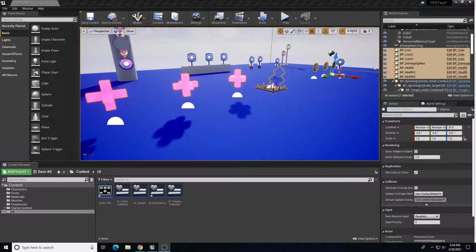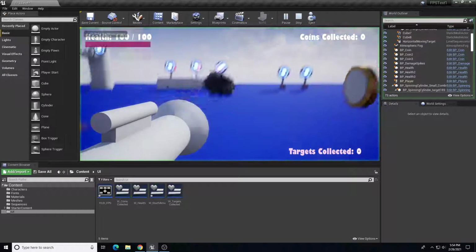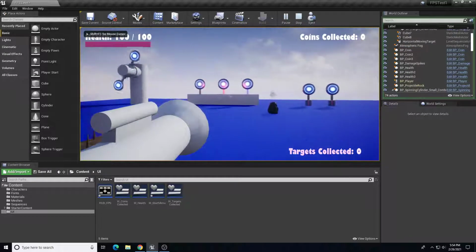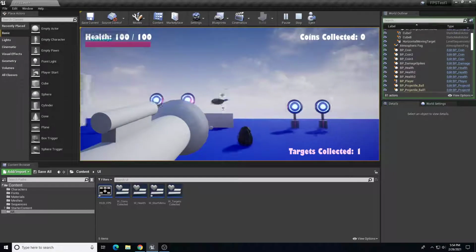Hi everybody, this video will demonstrate how to create a start screen and an end game screen for a first-person shooter game in the Unreal Engine. In previous videos we have set up character movement, we've set up the shooting ability, we've set up some targets that we can hit,